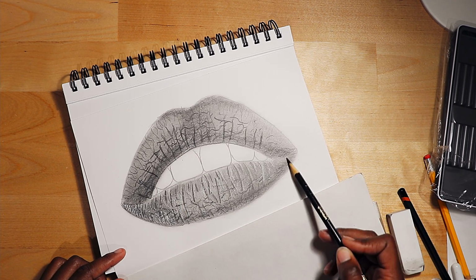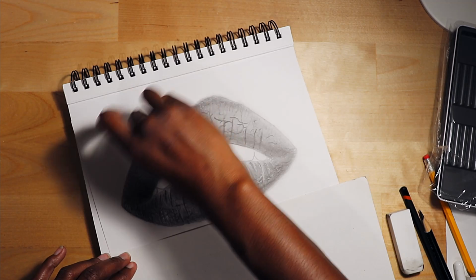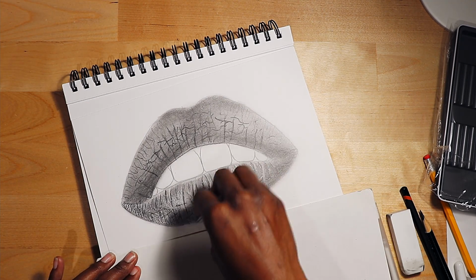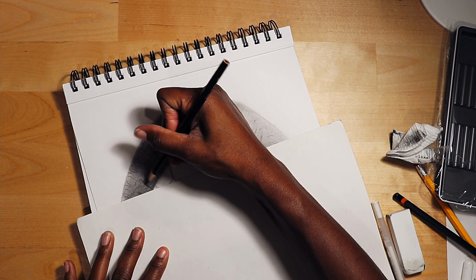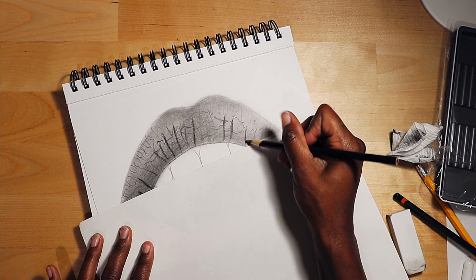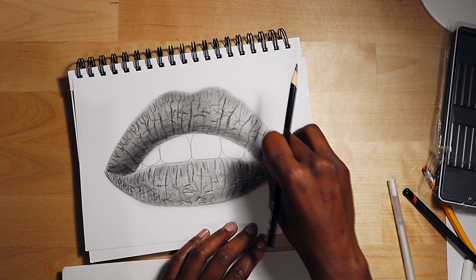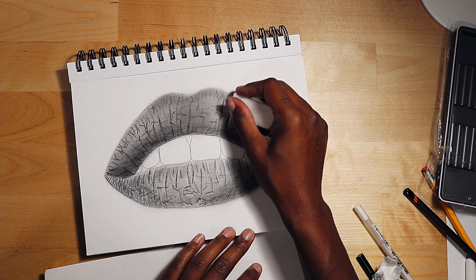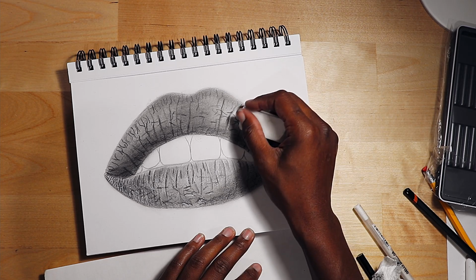Now at this point you want to be careful that you do not over blend because that's going to take away the realism look. So just be patient. It doesn't have to be a perfect blend because you should have for the most part done all of your blending on your base layers. Because I didn't make it deep enough, I realized that I had to blend a little bit more since I was adding so much more on top. But in general, if you do it right the first time, you don't have to go back and do it